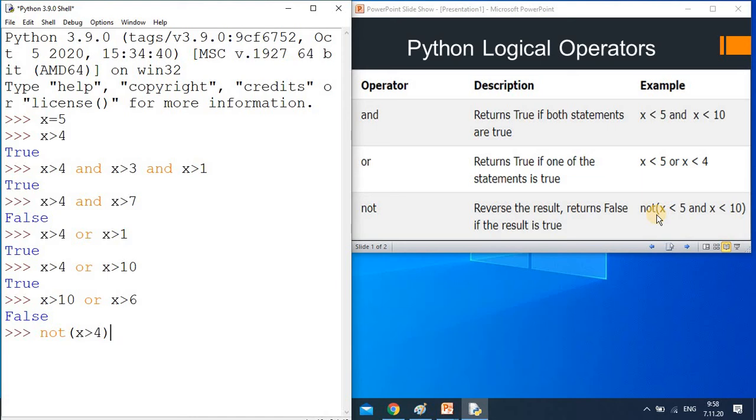But in not, true is converted into false, because it reverses the result. So it returns false if the result is true. Here x greater than 4 means 5 greater than 4, true, but we will get the opposite result, false.